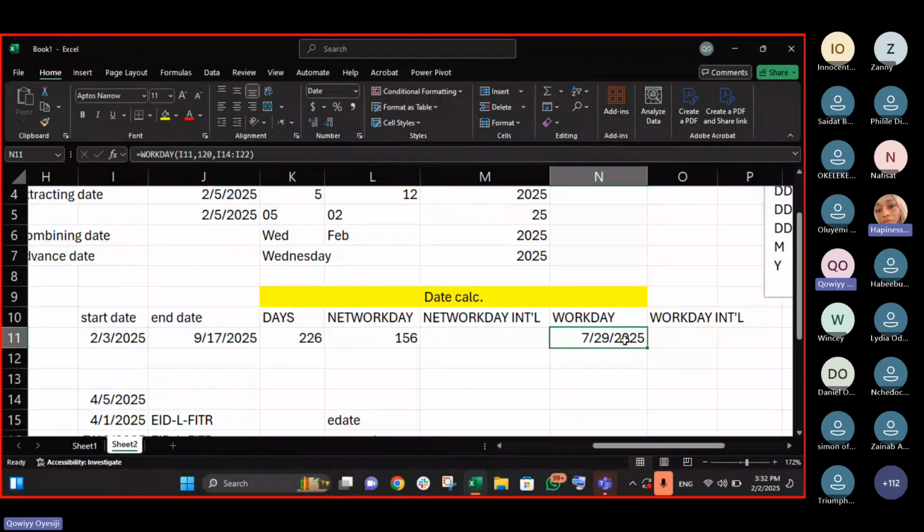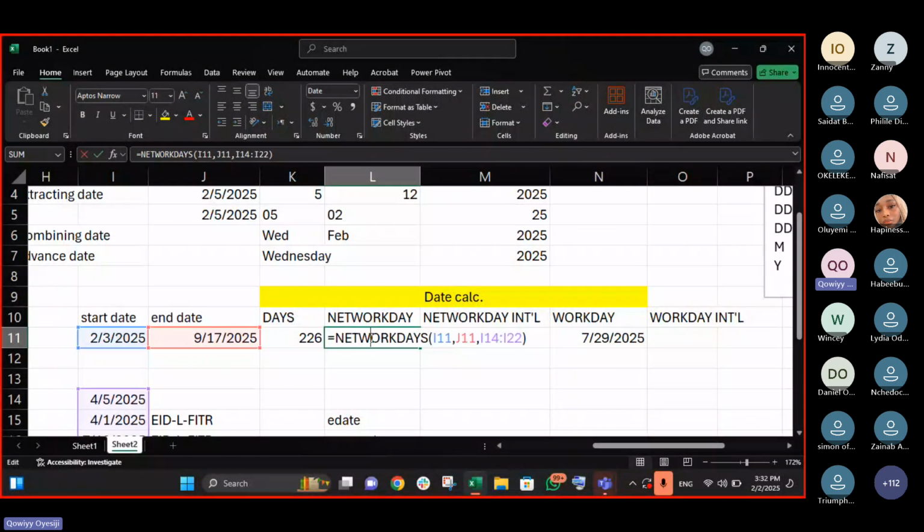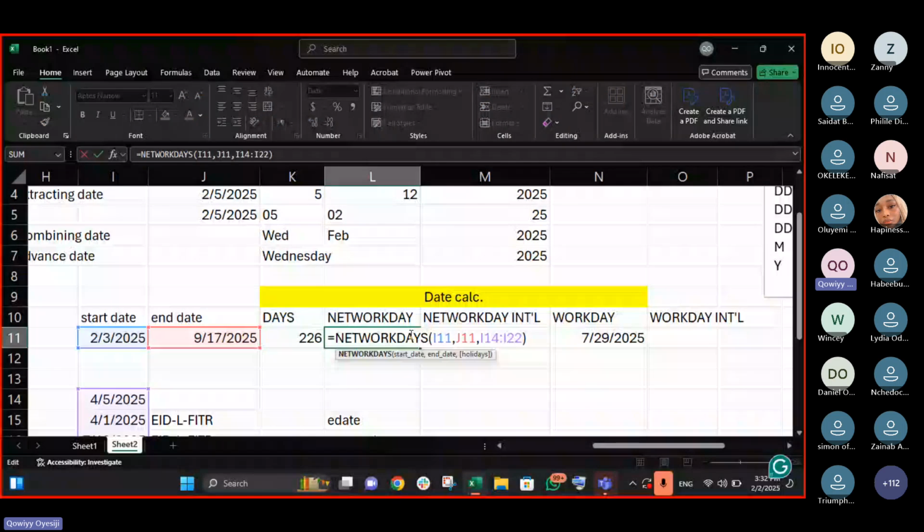The difference is this: for NETWORKDAYS, we already know the date we want to start and we already know the date we want to end. You just want to know the number of work days between them so that we'll be able to calculate the amount we are going to be paying you. This is it. Zainab called me, Abdikawi, I want us to work on a project. And I want the project to end on the 17th of September 2025. Then she said okay, and I said okay, how do you want us to pay our workers?